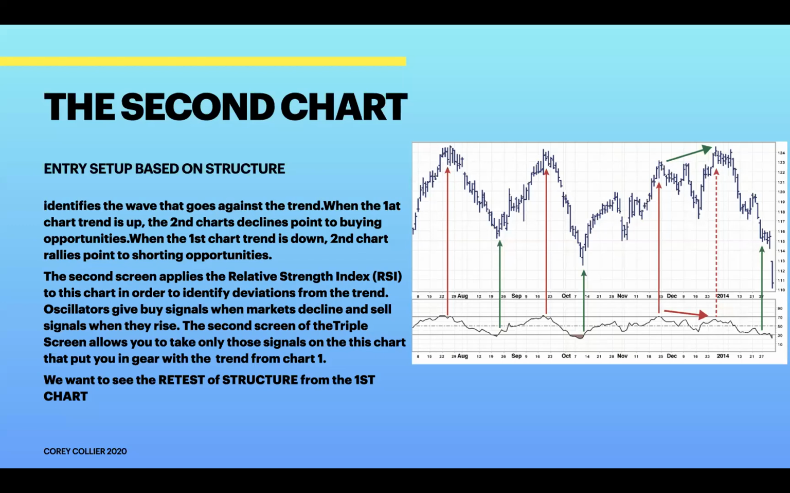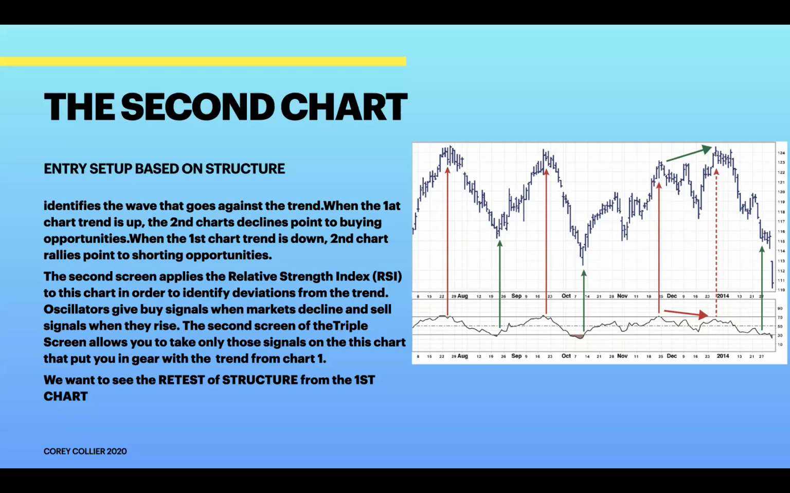This identifies the wave that goes against the trend. I repeat, this second chart identifies the wave that goes against the trend, right? So when the first chart trend is up, the second chart's declines point to buying opportunities. When the first trend is down, the second chart rallies or bullish momentum point to shorting opportunities because they're rallying to retest structure that was broken from the previous chart,